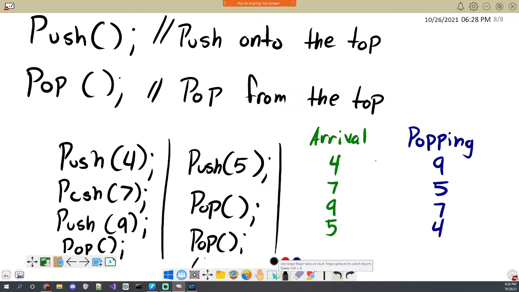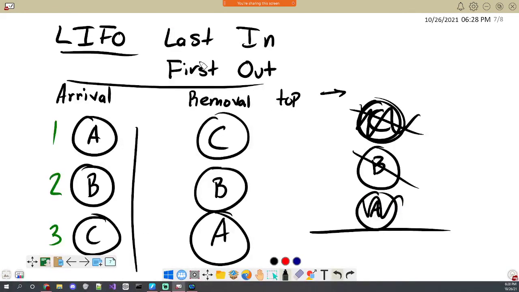Okay. So whereas a queue, the arrival is always going to match the order that it's dequeued in, because that's just how a queue works. It's first come, first serve. A stack is not always backwards. We did an example where it was exactly backwards in terms of the removal order, right? Because we pushed everything and then we popped everything and we didn't interlace them, right? We just did it in one direction and then immediately went back. So this ended up being the exact opposite, ABC, CBA.